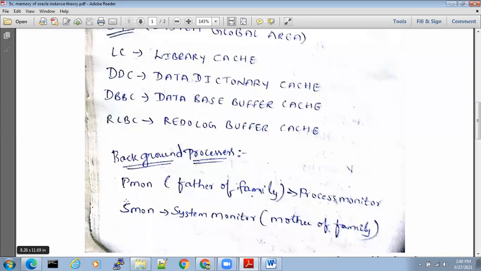So your mom will feed you, and your hunger is gone. In the same way, whenever the database is in need of some data recovery, I'll tell you in detail in future classes. Whenever there is a need, SMON will come into the picture.